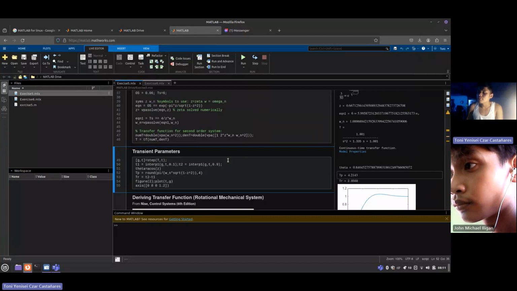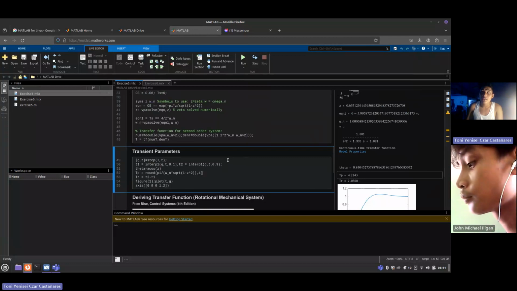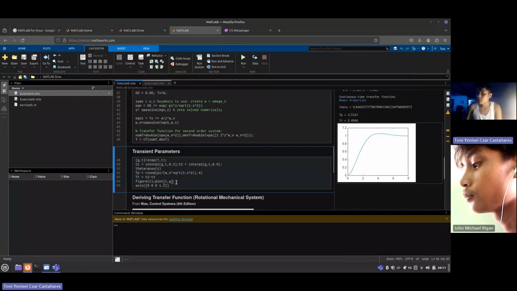For the rise time, the formula is slightly inaccurate. So in order to offset that, we have to use a graphical method to obtain it, which is by finding the points where both the 90% and 10% occur, and then subtracting those 2 points. So over here, our rise time is 2.056 seconds, while our peak time is 4.214 seconds. And now for the answer to the lab manual, we will have J, D, K.